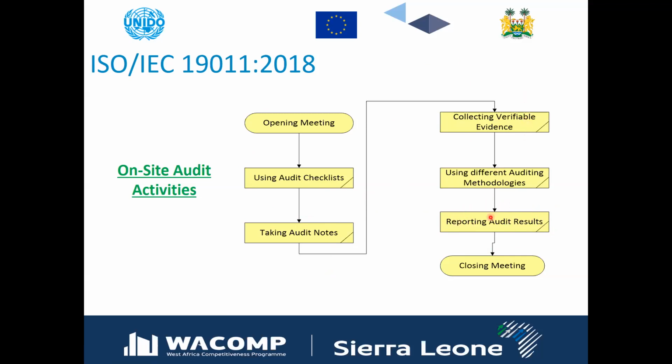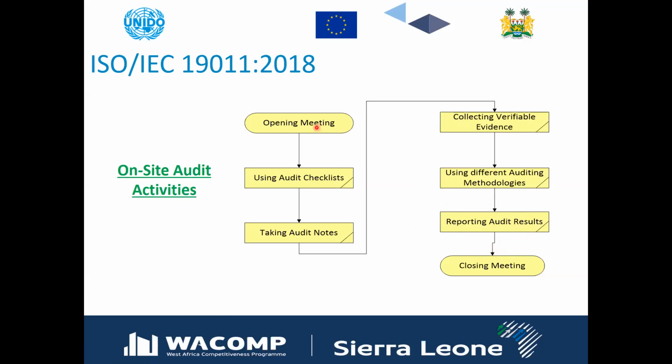into the audit report. This is a very, very important and time-bound thing, because the audit checklist you can prepare off-site, but you have to prepare audit notes, collect the evidence, and write the report during the audit time. Writing the report is the second-last activity in the on-site audit process, because after that you have to share your report with the auditee in the closing meeting.